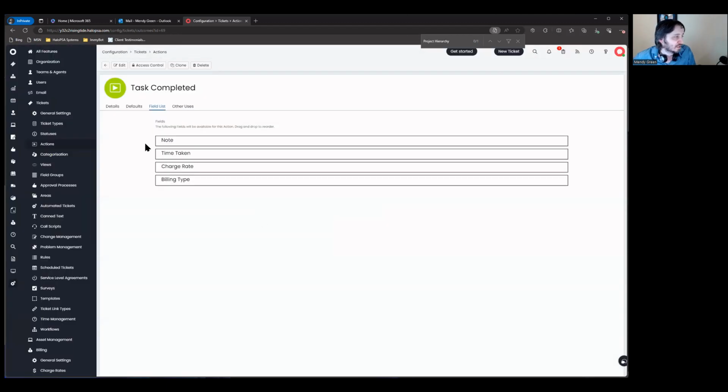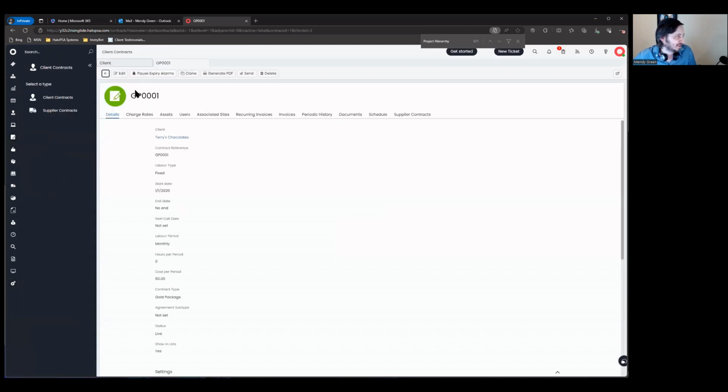Okay. Now, again, this is a completely brand new sandbox, right? Everything here is mostly untouched. And so I don't really know exactly what the workflow is going to be used or how this is going to play out. We're trying it all out from scratch, and we're going to see how it plays through. So in this case, we've got our configuration mostly in play. We need to make sure we've applied a billing template to a client, which I've already done. So if you look at Terry's Chocolates as the client,